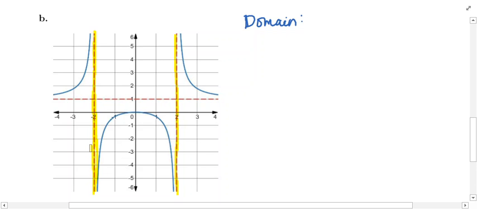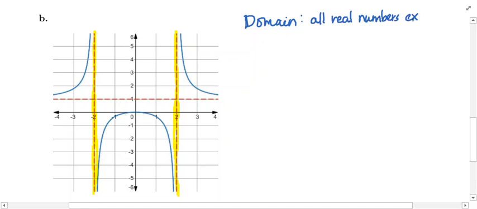That's what that vertical asymptote is telling us. Similarly, if you're on the other vertical asymptote at x equals 2, this is an x value that has no y value associated with it. It has no output. So we can see from these vertical asymptotes that the domain is all real numbers